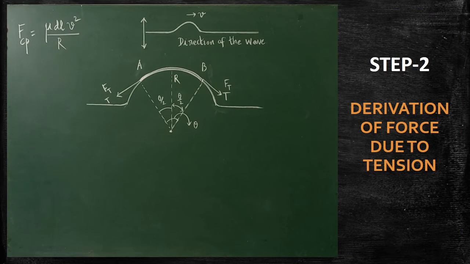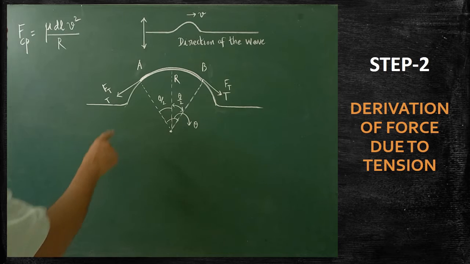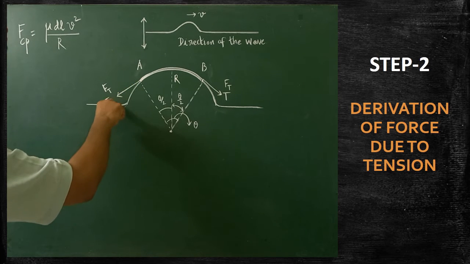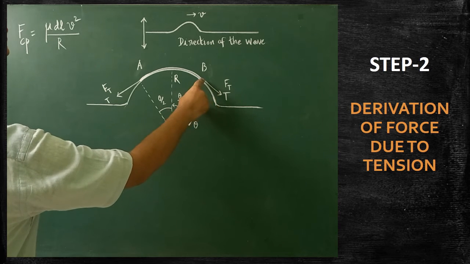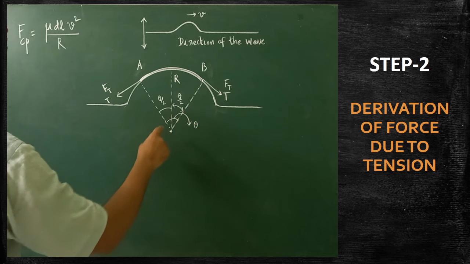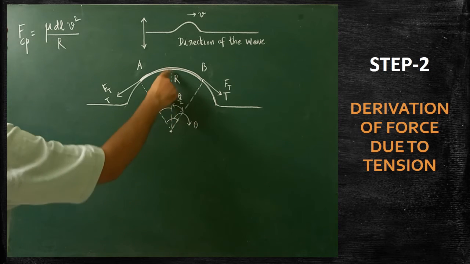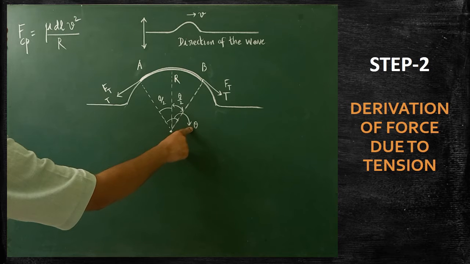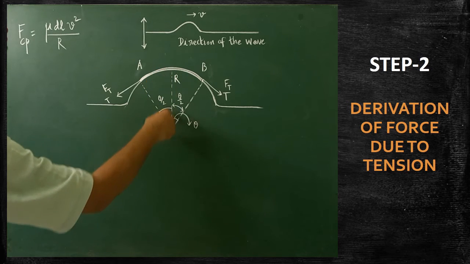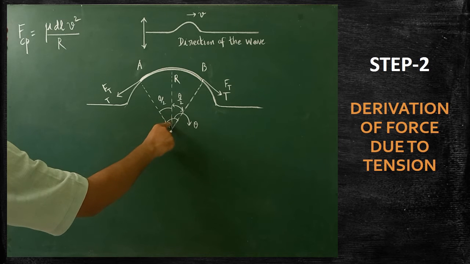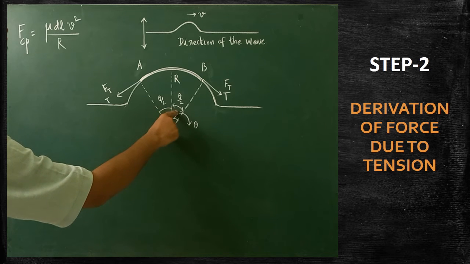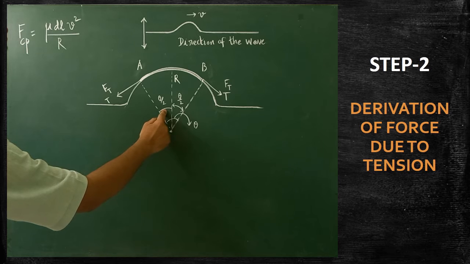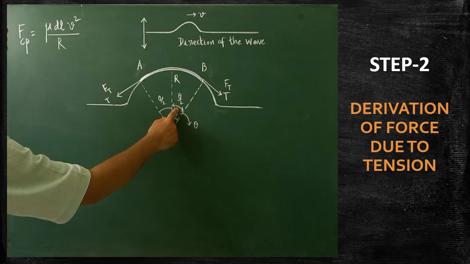Now we are going to derive the expression for force due to tension. Here, this is the direction through which the tension is acting. Here also the tension is acting. In between this distance r, I have drawn one line, that is the radius of the arc portion. Here the angle subtended is theta. With respect to this radius line, theta can be divided into two equal parts. Therefore, this portion becomes theta by 2, and the other portion also becomes theta by 2.